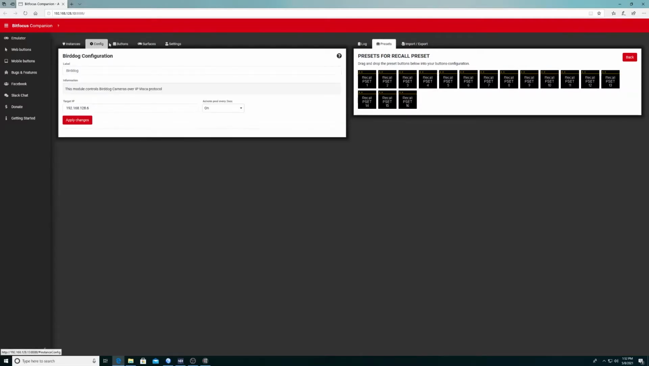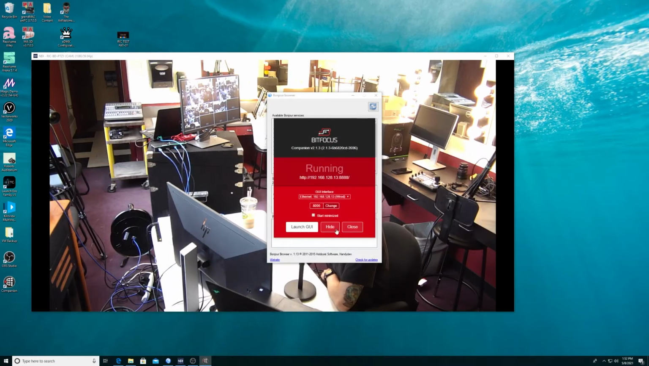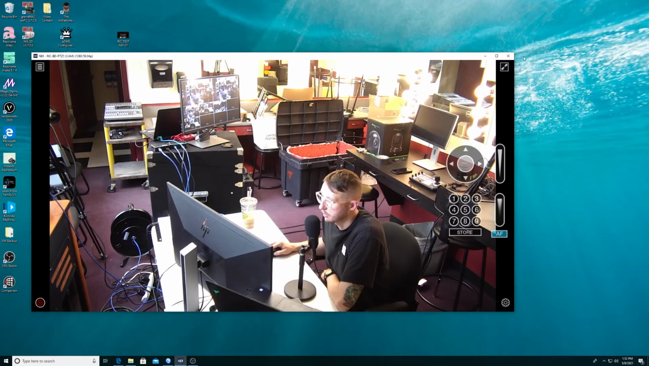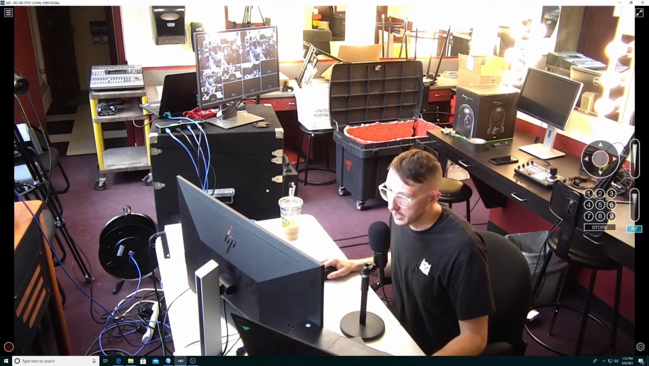So if we go back to our button and I can click a button, now I can see what these are doing. This is recalling preset number 00, and this is recalling preset 1. So I believe, well, let's leave it as is and see what happens first when we test it. So if we minimize this and hide this and minimize this as well, we're now back to our studio monitor. I should be able to